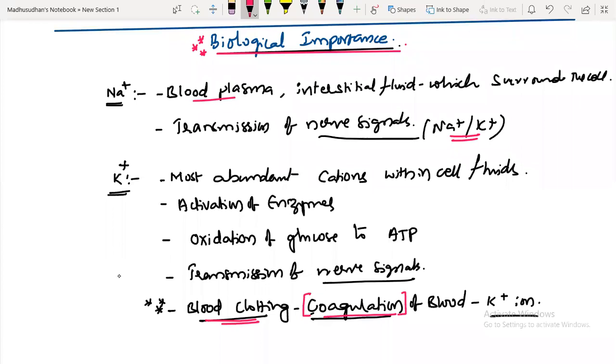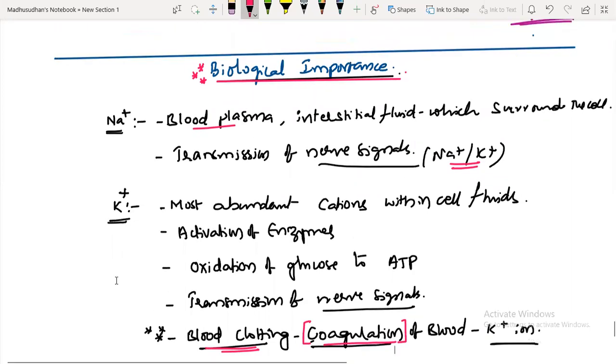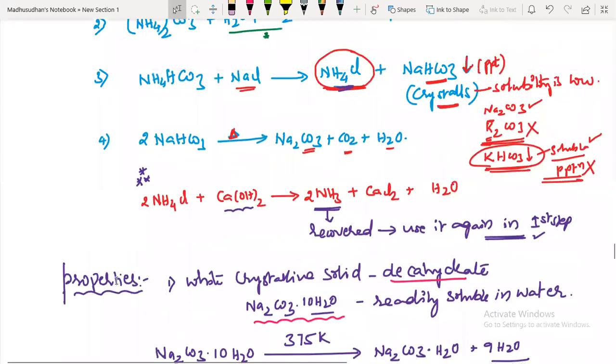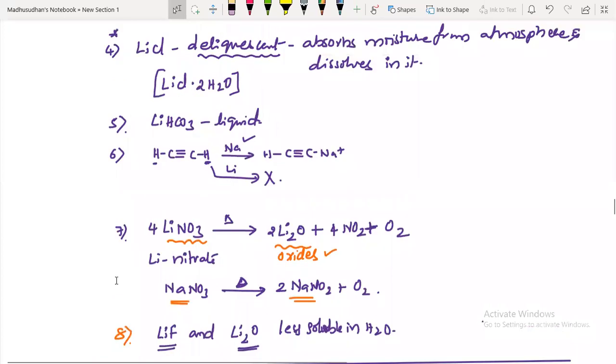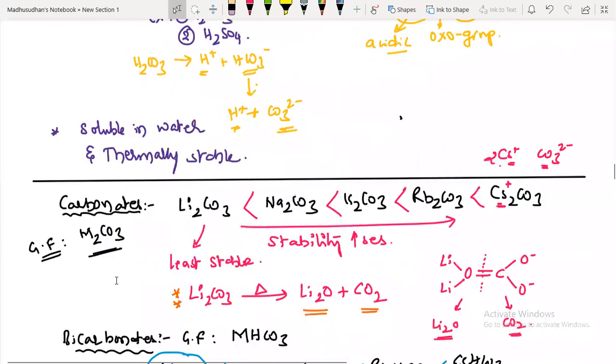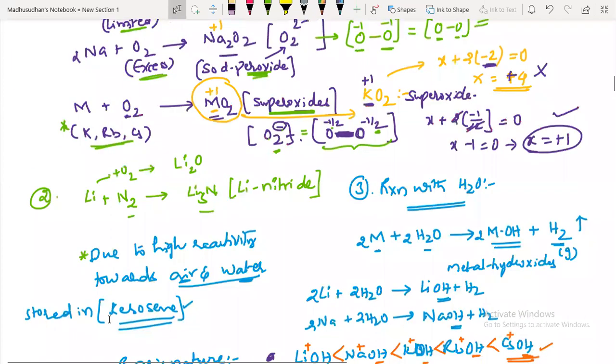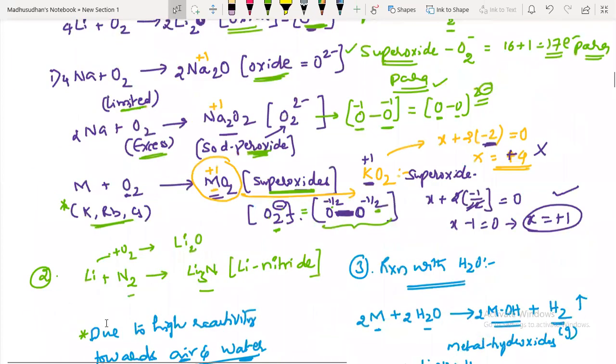Tomorrow we'll start second group elements. So up to 10:30 you have class now, right? Chemistry. Yes, sir. So please go through the first group elements notes. You have to revise the complete notes now. I'll come and ask you questions from this, and you have to be able to answer. This is about your complete first group elements.